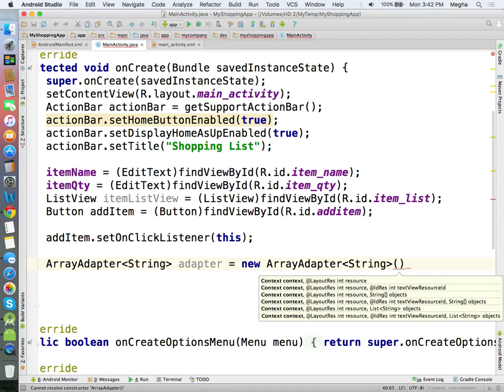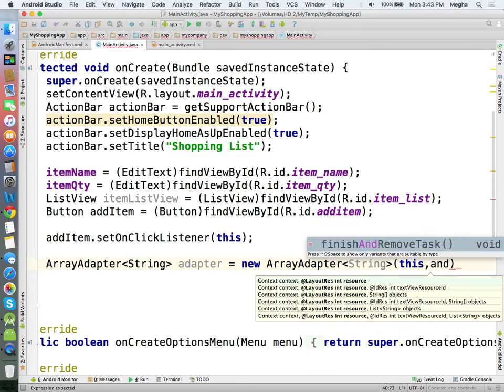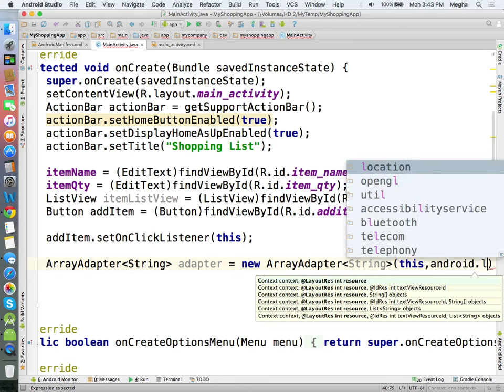It requires 3 arguments. First one being context, no problem, we have that. Second one, the resource. This is where you need to inflate your different layout file. But this time I'm going to use an existing Android template.